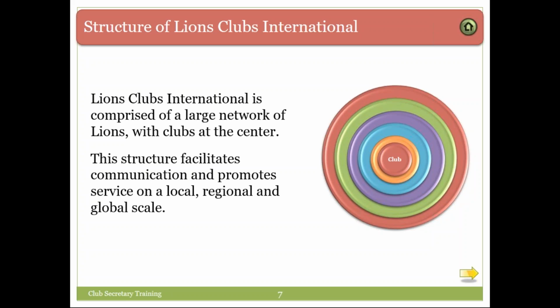All the other concentric rings around the club, whether zone, region, district, multiple district, or constitutional areas, help us communicate up and down the line, globally, regionally, and down to local. You as the club secretary will be a liaison for a lot of these layers, and we'll talk about that in more detail later.